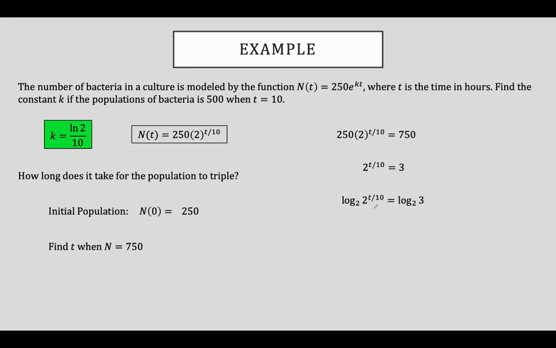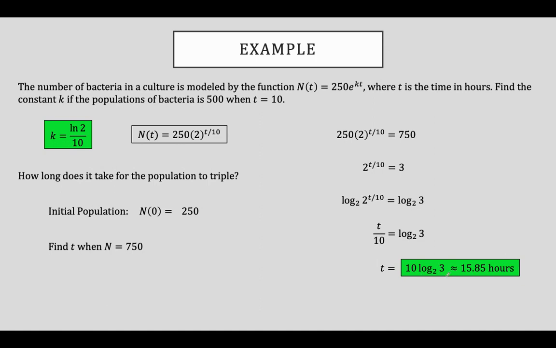Log base 2 of 2 raised to the t over 10 is equal to log base 2 of 3. The inverse operations of log base 2 of this exponential quantity with a base of 2 are going to cancel, leaving us with t divided by 10 is equal to log base 2 of 3. And finally, to solve for t, we are going to multiply both sides of the equation by 10, giving us t is equal to 10 times log base 2 of 3, which is approximately